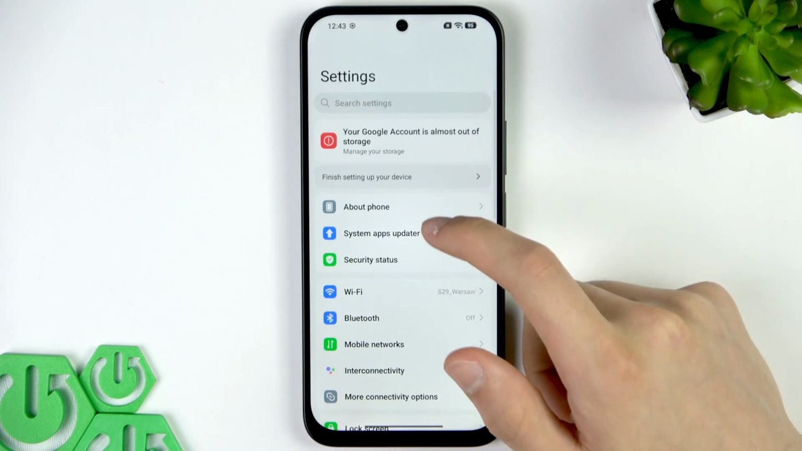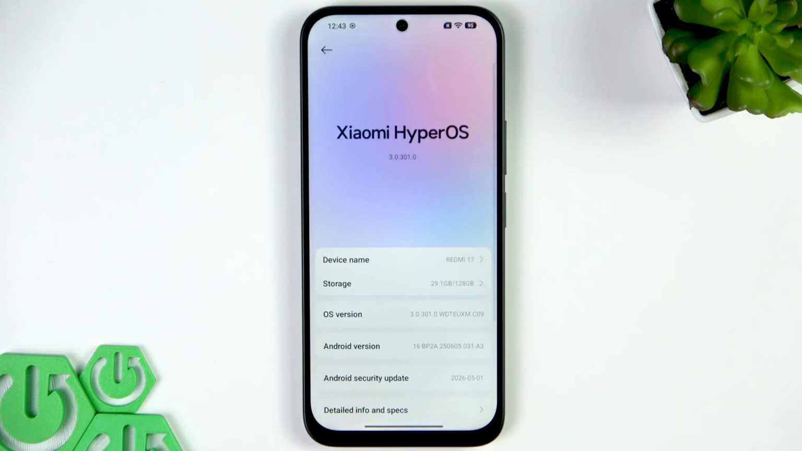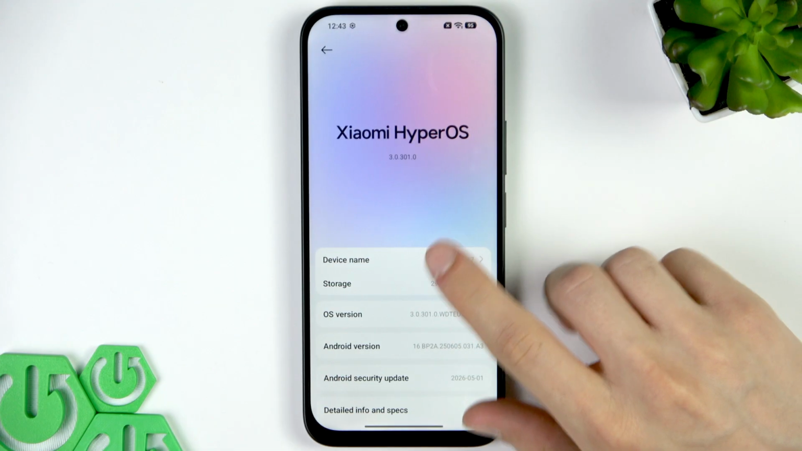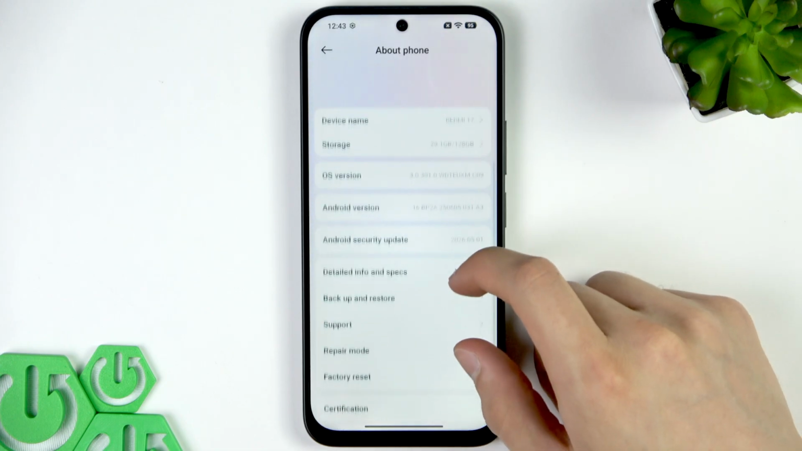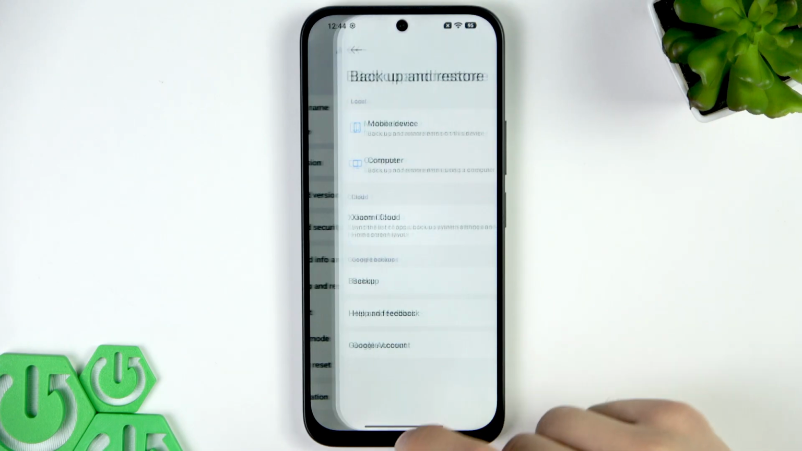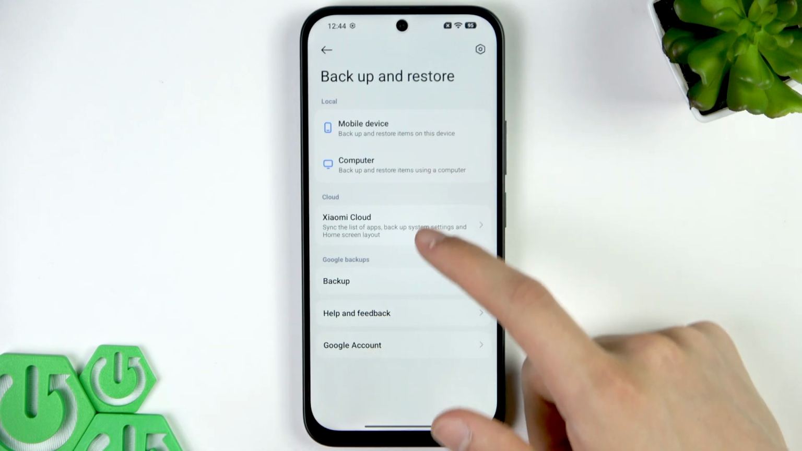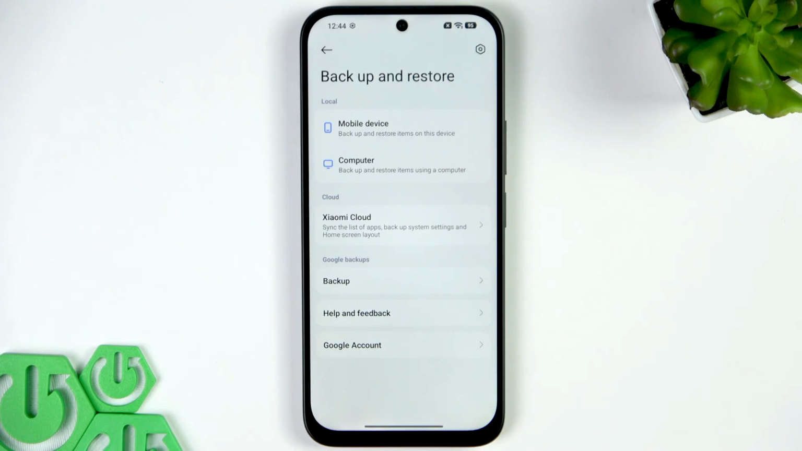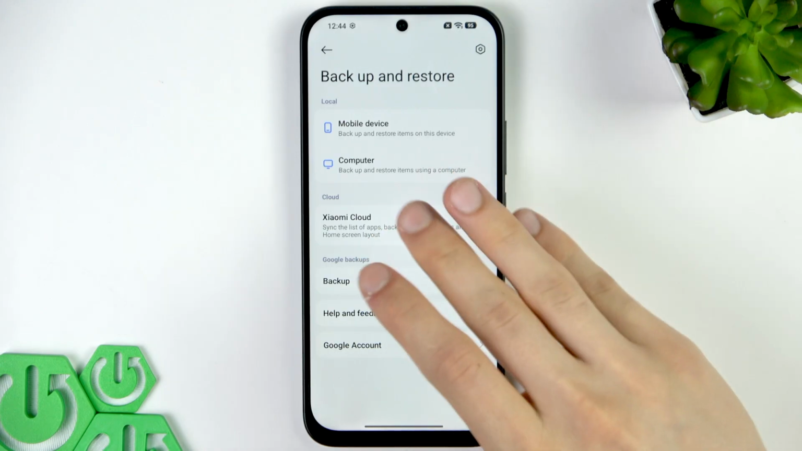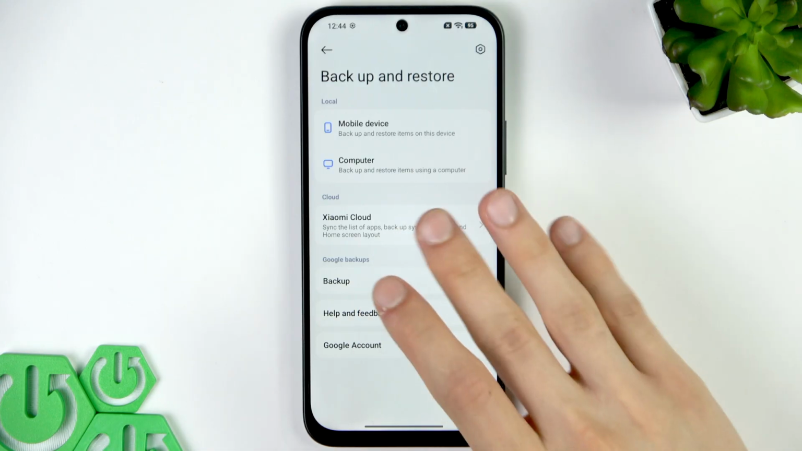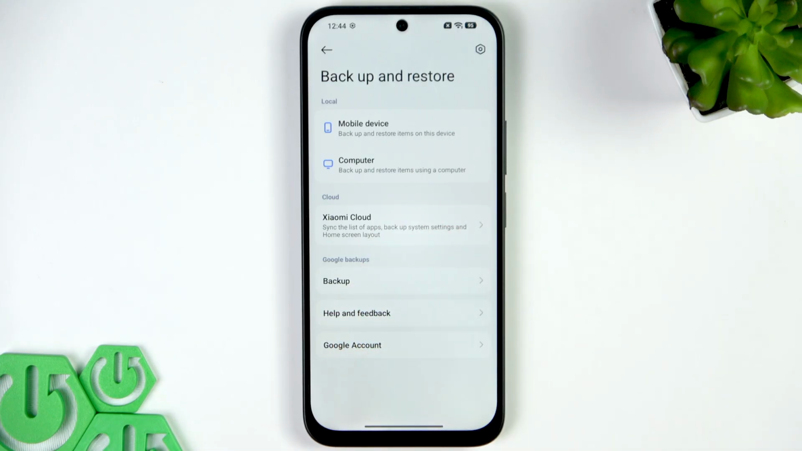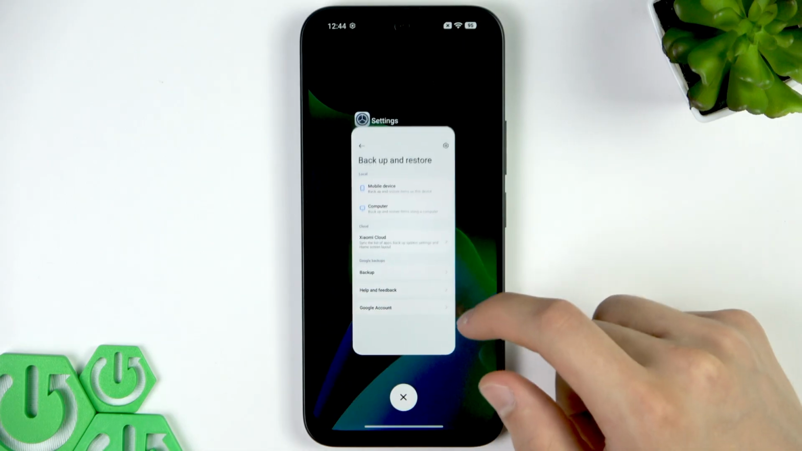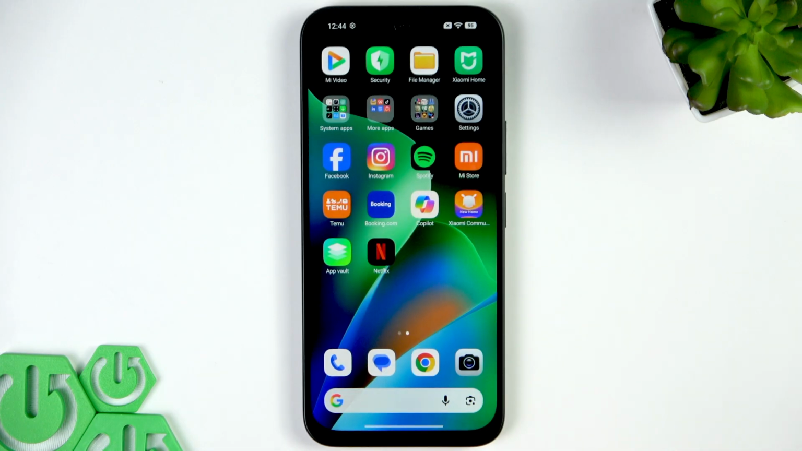Go to settings, go to about phone section, and in this section you'll be able to select backup and restore, and here you have four different backup methods. So as you can see, at the top we have local backup, at the bottom we have cloud backup. Back up all the important data,